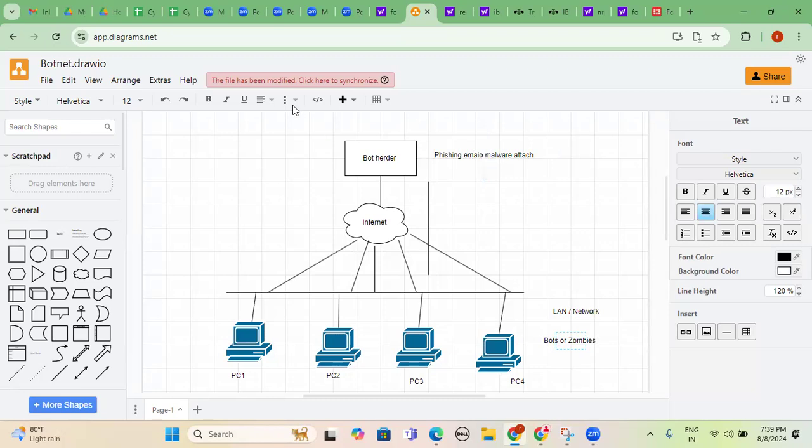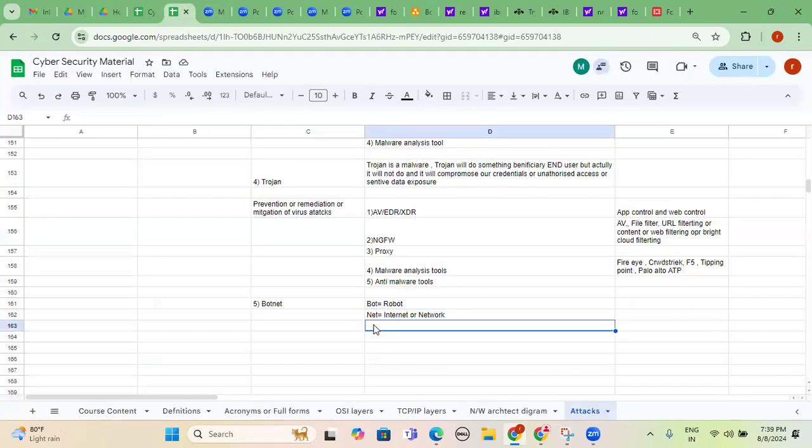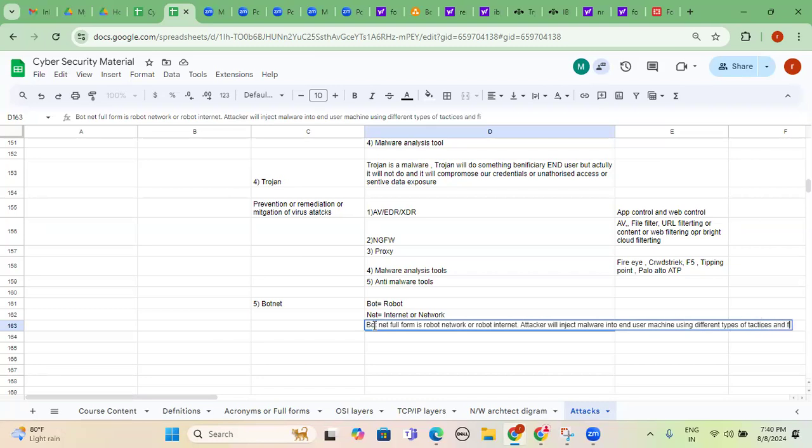Okay, now we can define botnet. Botnet's full form is robot network or robot internet. The attacker will inject malware into the end user machine using different types of tactics, and finally he will compromise end user machines or host machines.